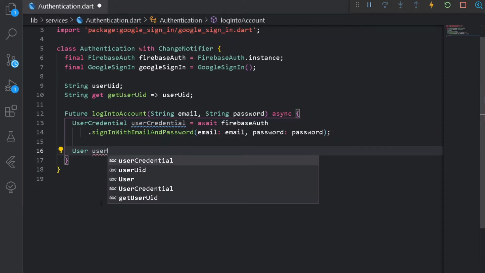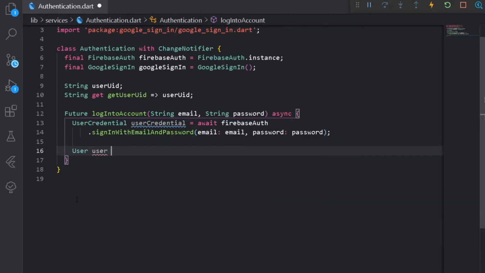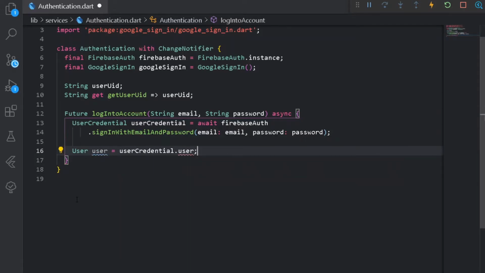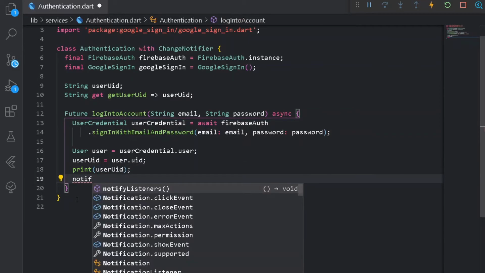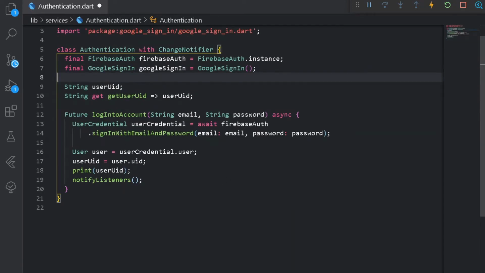Now once we have gotten both the email and password thing, we shall be catching up the user class to be user. Now let me remind you that the following user class was first of all called Firebase user, but now it is only user, not Firebase user. So here for this user class, I can catch up the user credentials, and from this I can catch up the object instance of the user. So once we have done this, I can simply assert the value of my user UID that shall be equal to user.uid, easy as that. And once we have done this, let's also do one thing, that is simply print the user UID whether we are getting the user UID or not. And after this, let's notify all the users, easy as that. Format document first. So once we have implemented the following method, I can simply copy this and paste it one more time.